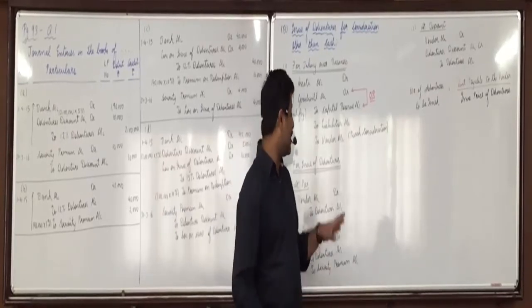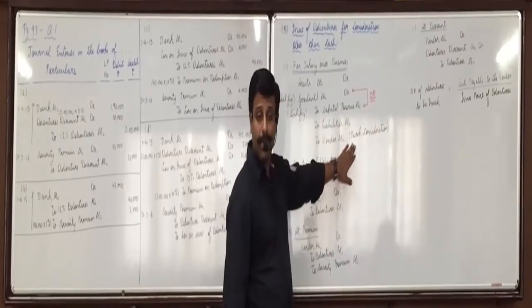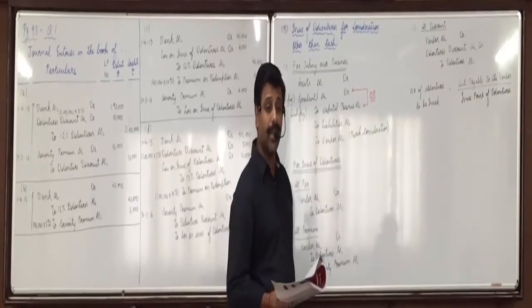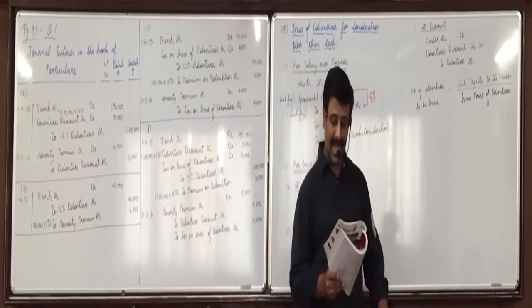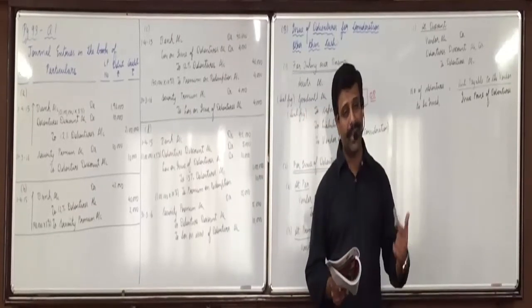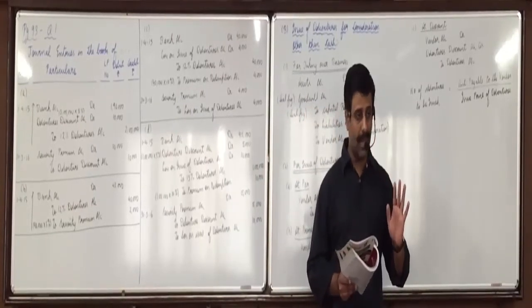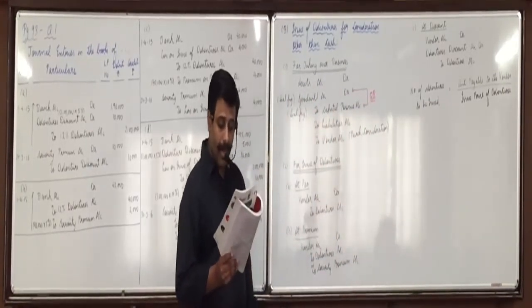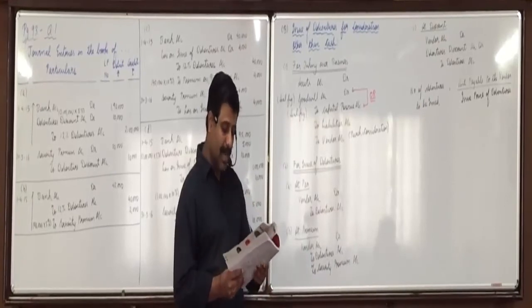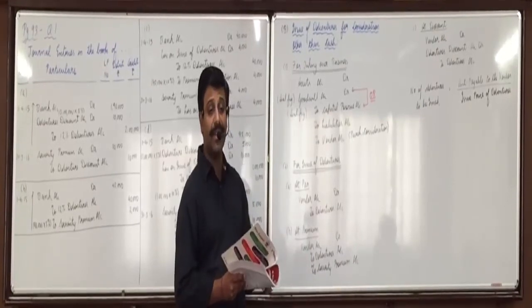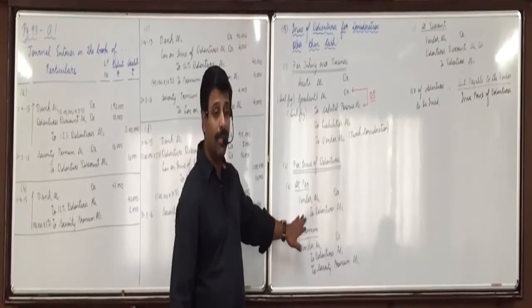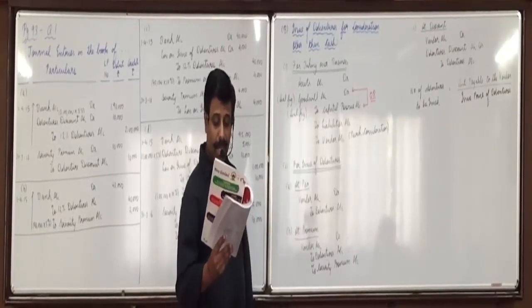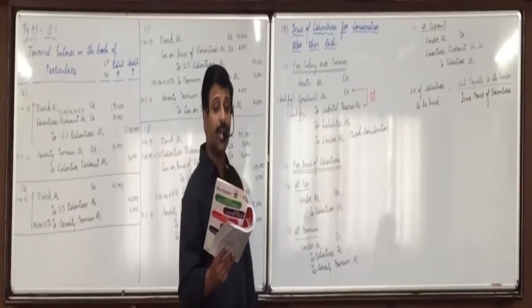Now here, no purchase price is given, so we will assume we are paying the exact difference only. What are the total assets we are acquiring? 7 lakhs, minus liabilities 1 lakh. So we will assume we are paying exactly 6 lakhs. No goodwill, no capital reserve. Since debentures are issued at par, simply vendor to debentures, no need of working here, directly 6 lakhs. Pass journal entries, and also show the calculation of debentures.